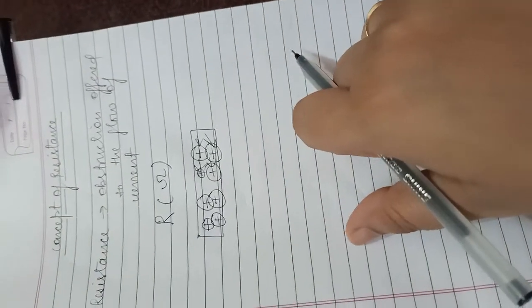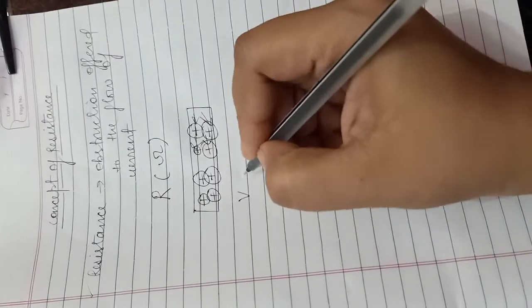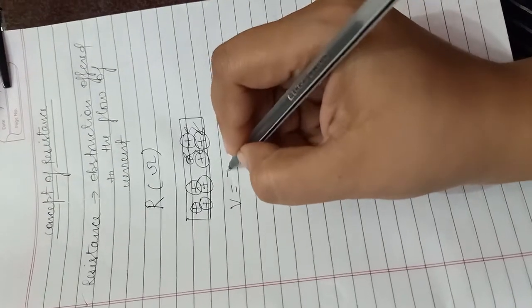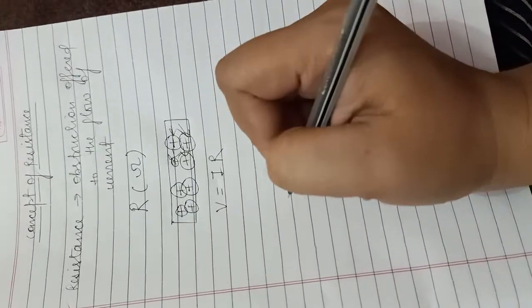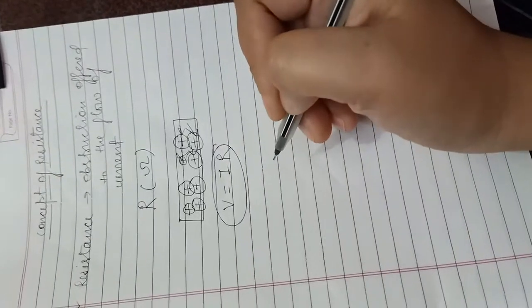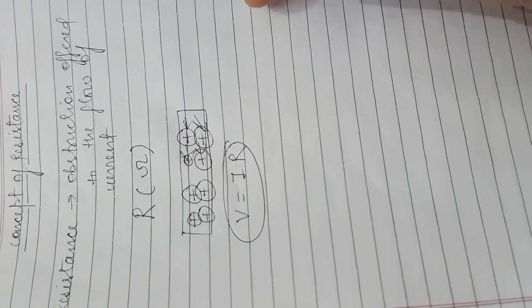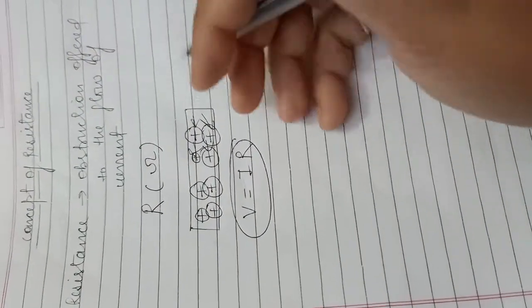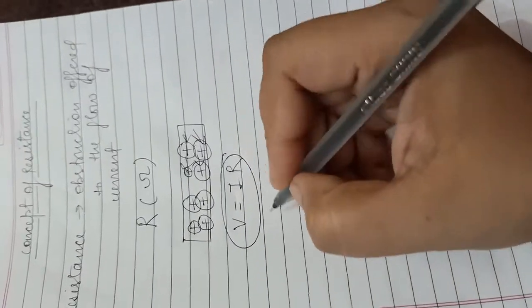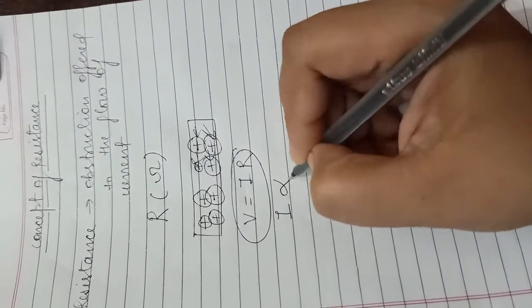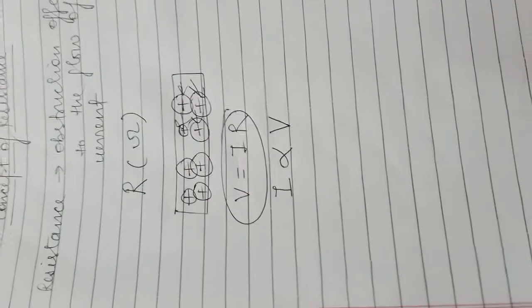Next we have Ohm's law. Ohm's law can easily be understood by the formula V = IR. By this we will get the derived unit of the resistance also. What is Ohm's law? According to Ohm's law, the current is directly proportional to the potential difference,